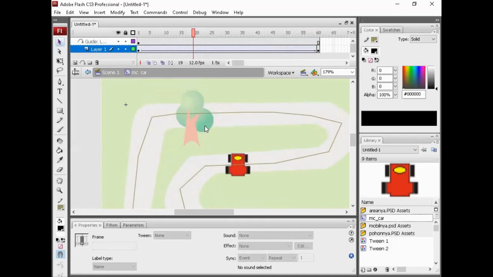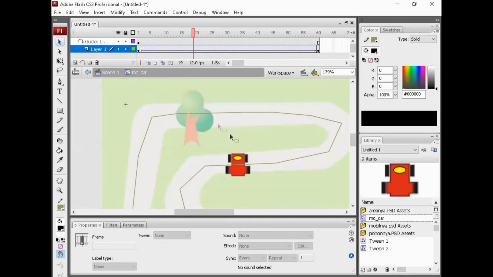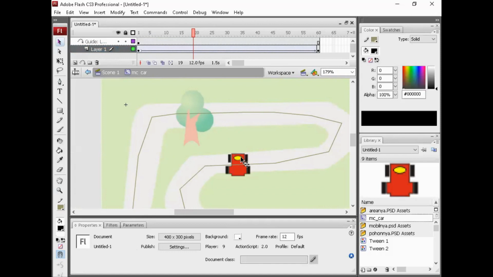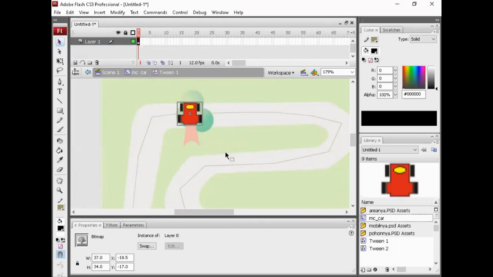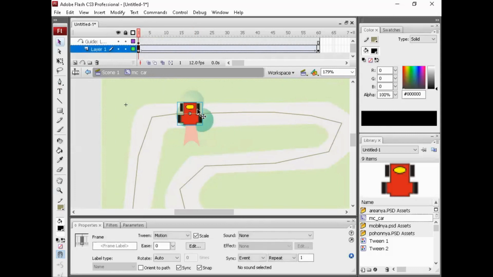Yeah, if we play like this, okay. But the scenario is not correct. Now we can choose this car. Where is the car? And we can rotate, use orient to path and rotate with none.